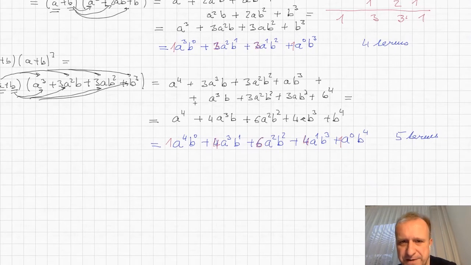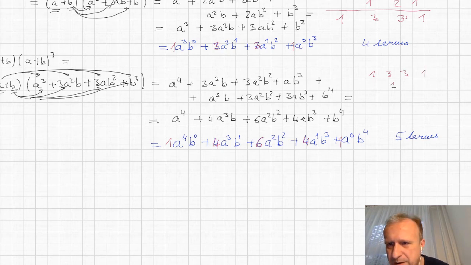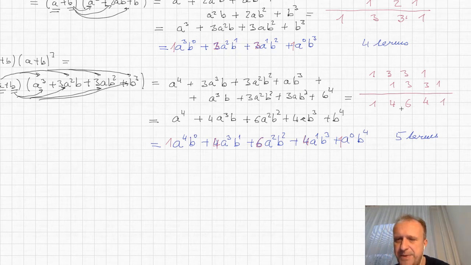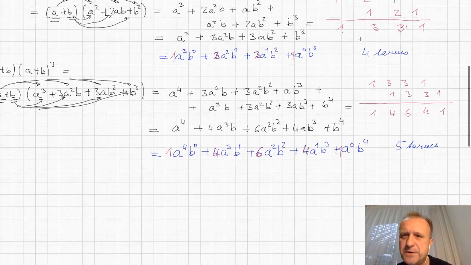Now, when you look at this, you see the coefficients 1, 3, 3, 1. So I can write them here, 1, 3, 3, 1, and below 1, 3, 3, 1. When you add them together, what you get is 1, 3 plus 1 is 4, 3 plus 3 is 6, 1 plus 3 is 4, and 1. Okay, so this pattern of coefficients 1, 4, 6, 4, 1, or 1, 3, 3, 1, and so on,